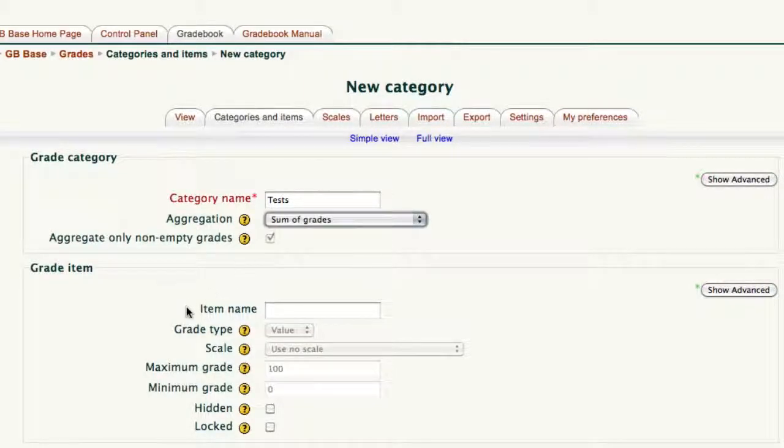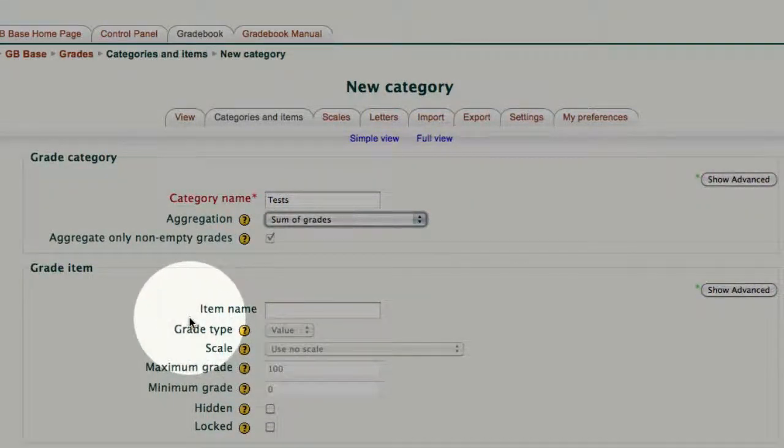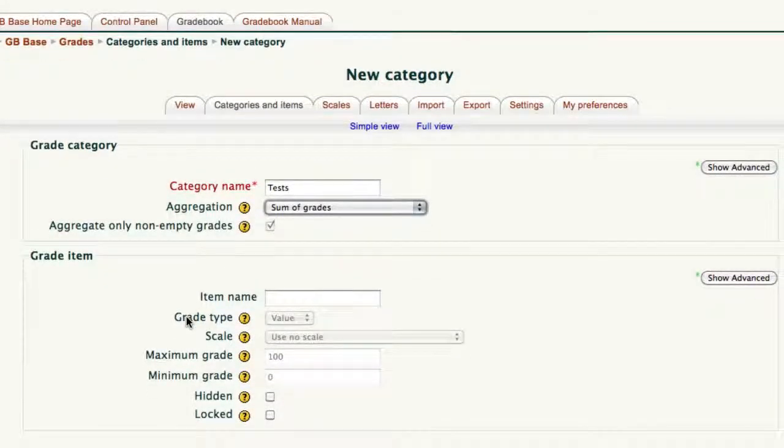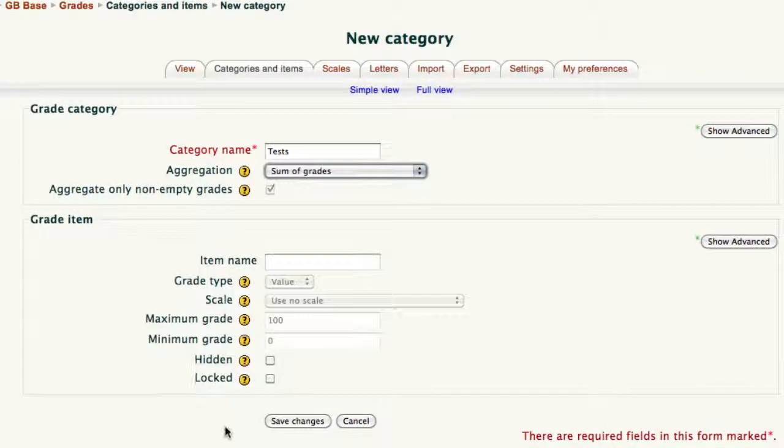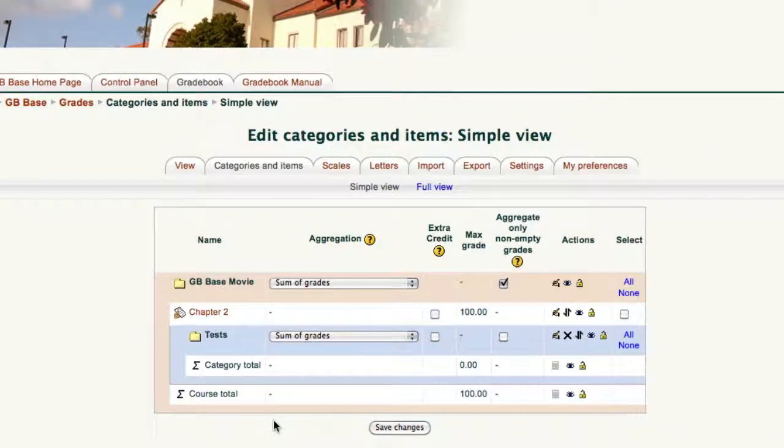And I'm going to leave everything else alone. In the grade items section where it says item name, a lot of people get in trouble by putting a value in there. Please leave that blank. Let's come all the way down to the bottom and choose Save Changes. And that will return us to the gradebook, and notice we now have a blue area, and everything that is a test activity can be placed in the test category.